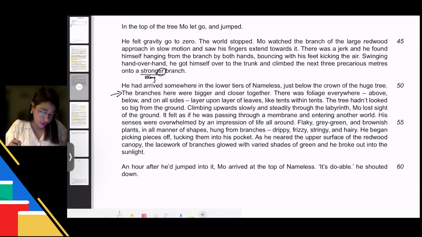The tree hadn't looked so big from the ground. So he's basically trying to highlight something that is very different from what he saw earlier, right? Since it's talking about two impressions, we can highlight how the first thing that he talks about is the idea of leaves. So whatever this implies, that could be my first impression. How we rephrase that, I'll talk about in a minute. And also how the branches here were bigger and closer together,